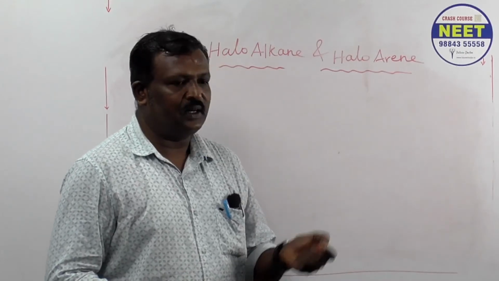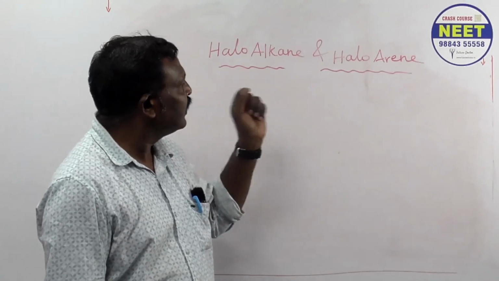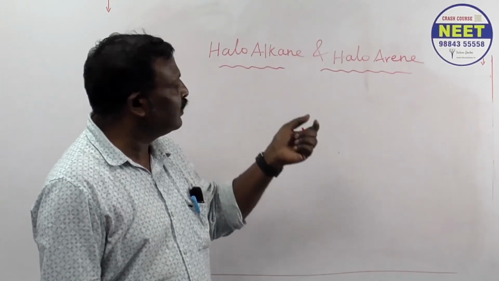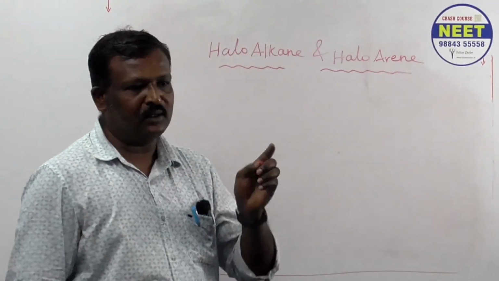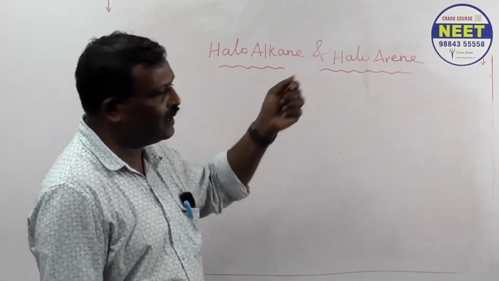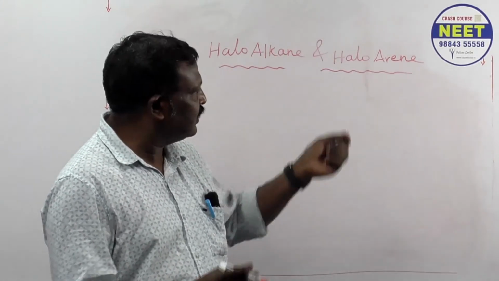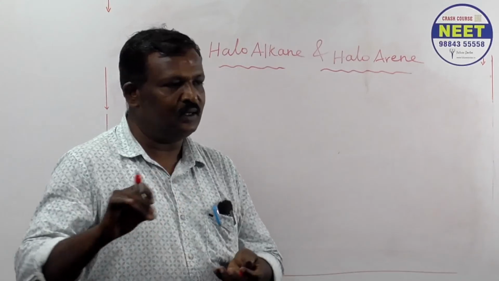So last class we studied solutions, we have seen, no? Today we are going to see one lesson in organic chemistry. So the lesson is what? Haloalkane and haloarene. Okay. So basically, if you know the carbon valency, methane, ethane,